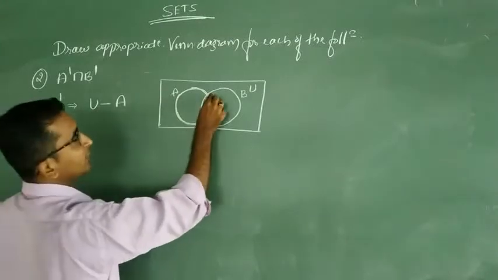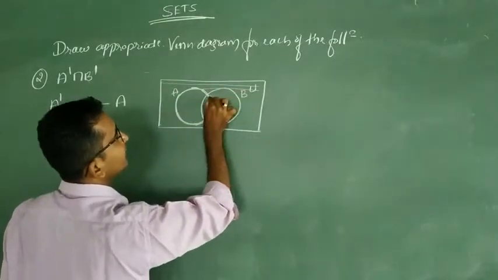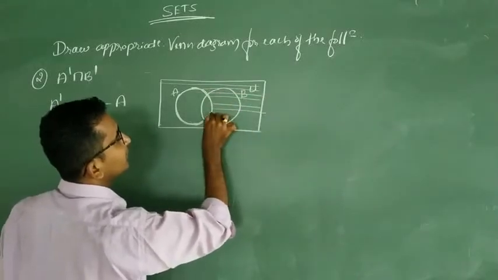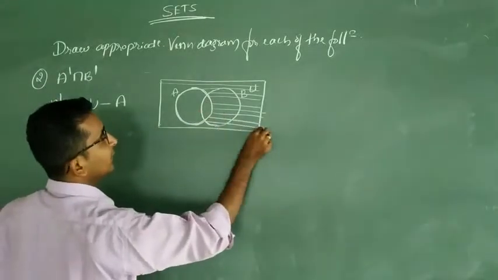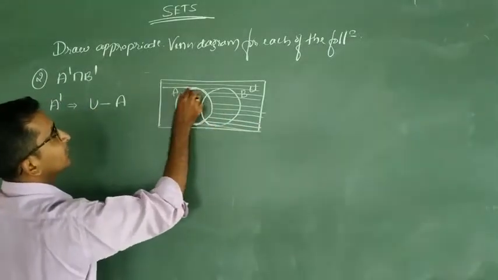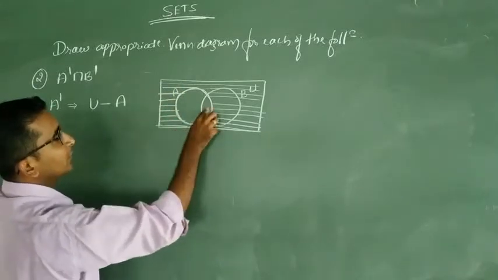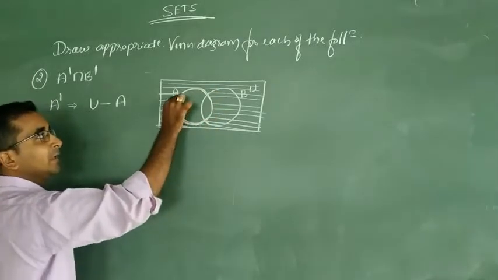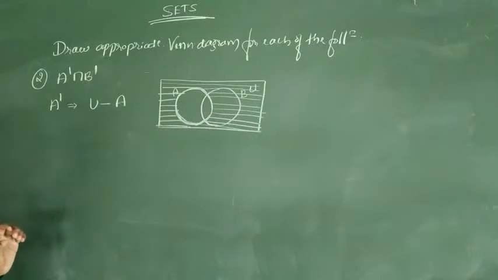But in U, what is there? Set B also has elements present, look, like this. But they should not be inside A. Let them be inside B, but they should not be in the common region either, because the common region includes A. So do not fill up the space which is common. The elements which are not present in A but in U. U means including B. Getting it? So this is nothing but the diagram for